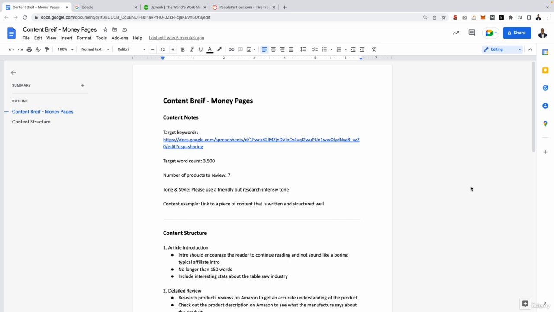I actually had a lot of experience with it in the real world, so I was really confident to write it myself. However, if you find yourself in niches that you don't really know and you don't really have the time or the interest to research them, then outsourcing the content can be a good solution.